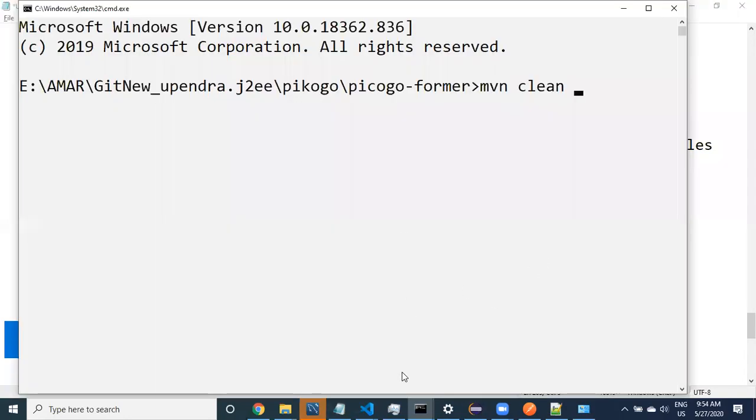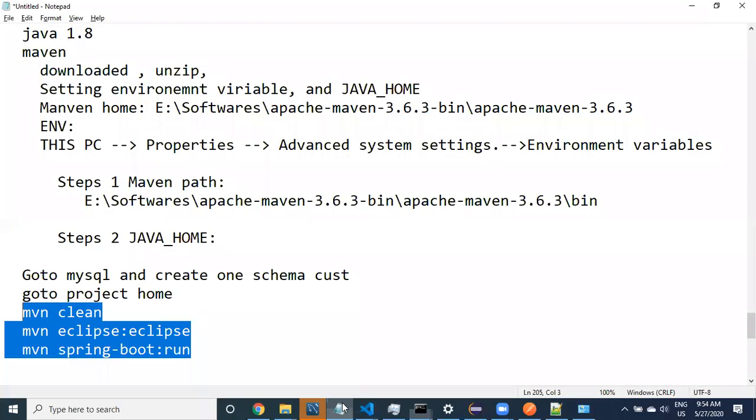Each command takes a lot of time to download the jar files, guys. When you run these steps for the first time, it is going to download so many things, like when you are creating your Angular project, it takes a long time, right? The same way this also is going to download so many files. It takes a lot of time, so you have to be patient.